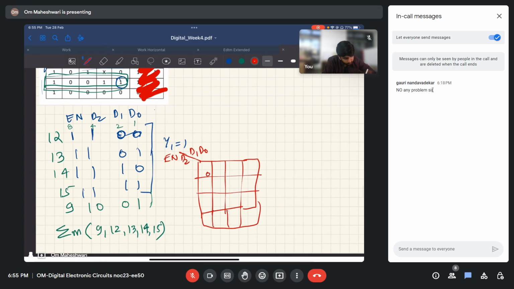So 0, 1, 3, 2, 4, 5, 6, 7, 8, 9, 10, 11, 12, 13, 14, 15. This is what? En bar D2 bar, En bar D2, En D2, En D2 bar. Similarly,